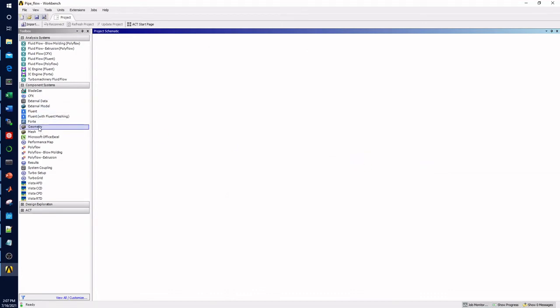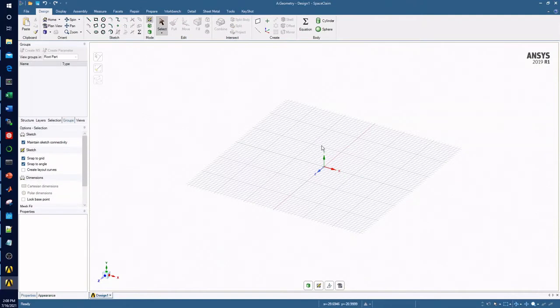Hi everyone. Today I'm gonna show you how to set up the pipe flow. So this is the first part where I talk about creating a polyhedral mesh, and this is a Workbench window, and this starts with the geometry, this SpaceClaim, and here in this SpaceClaim,